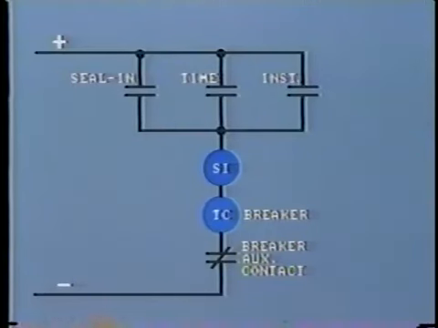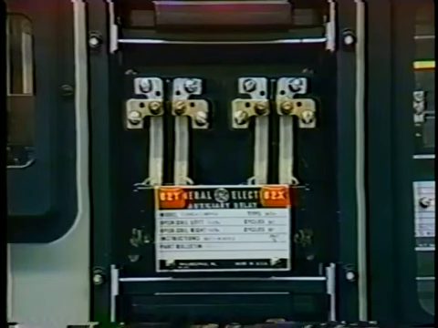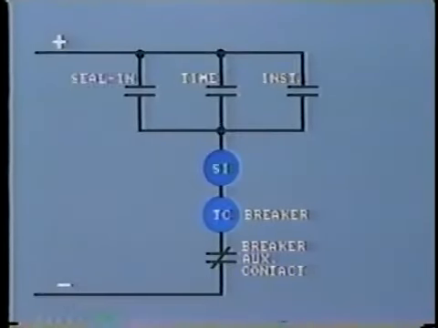This schematic shows a typical tripping circuit. This is the trip coil which will operate the breaker. Sometimes this is operated through an auxiliary relay so as to reduce the current which must pass through the relay contacts. A seal-in circuit is normally connected across the relay contacts so as to protect against contact bounce or inadequate